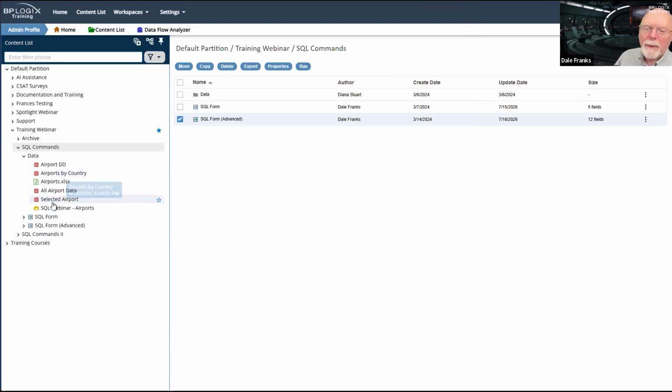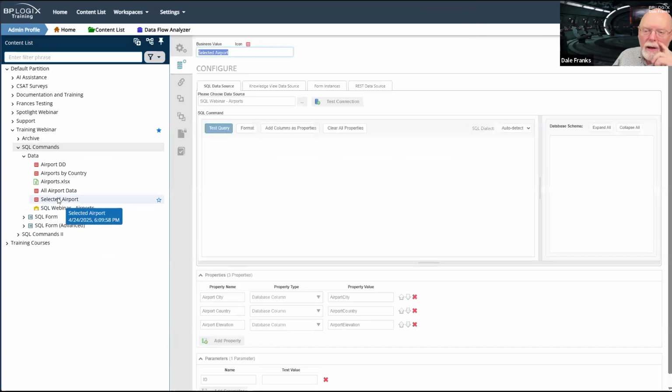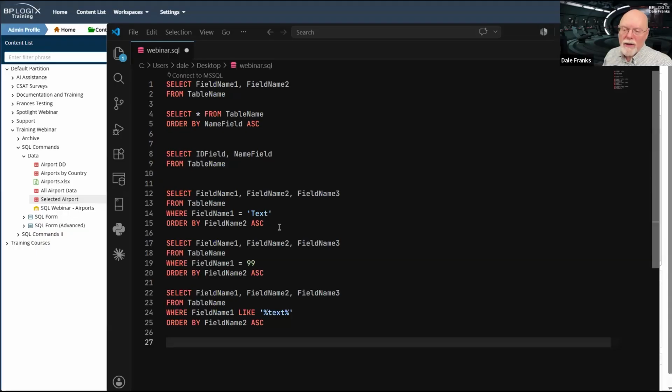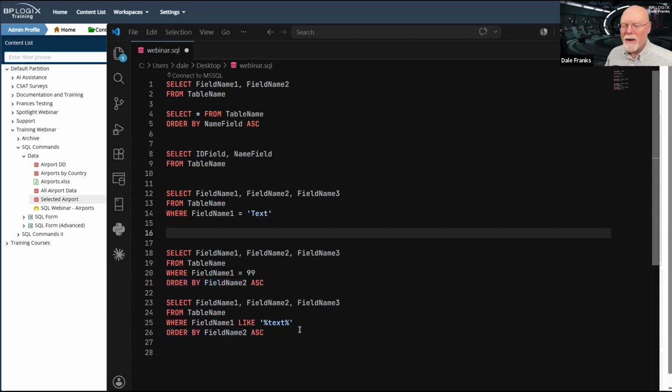What is happening here in our business value? Well, I'm having to use a where clause. So the basics of a where clause, and let's forget the order by for right now, because most of the time when we have a where clause, we don't care about order, because most of the time we're looking for a specific value.